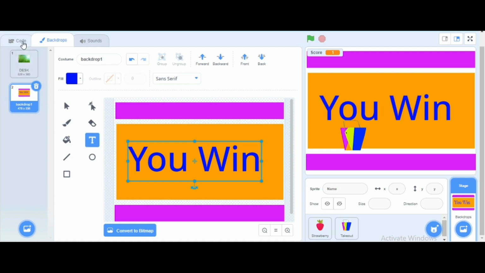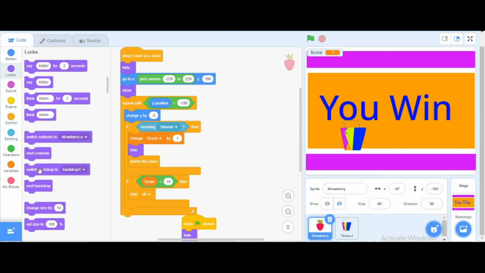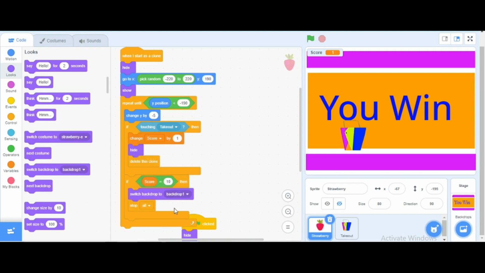Whenever our score is equal to 10, we have to change our backdrop. So go to the looks and here we are going to add the switch backdrop. So here I will add switch backdrop 2. Our backdrop name is backdrop 1 and the previous backdrop is desk.